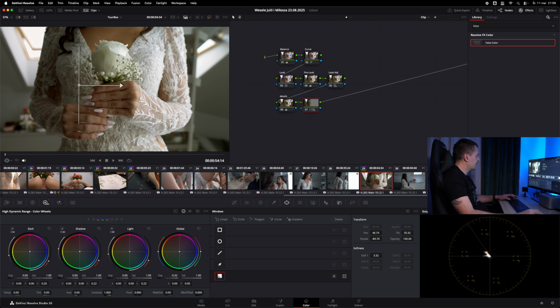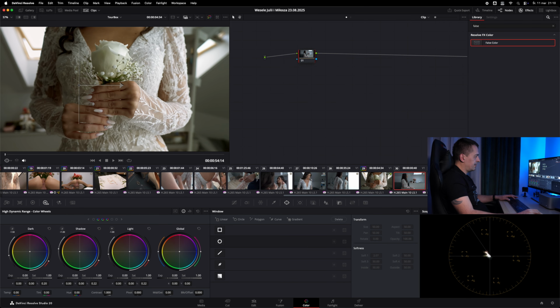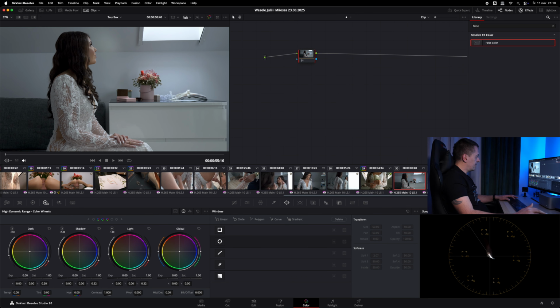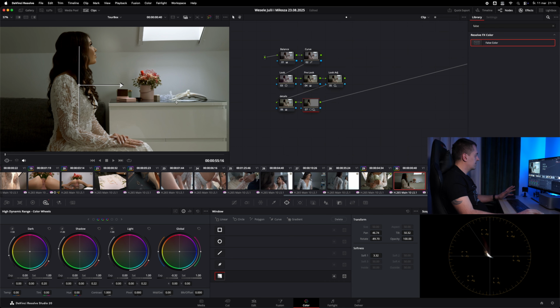And the best part of this is you can copy all the effects to another scene by using the scroll wheel of your mouse. Just jump to the next scene, move mouse on the previous, and click the scroll button, and look how it worked. But here our power window needs to be in a different location because we have light coming from the top on her face.